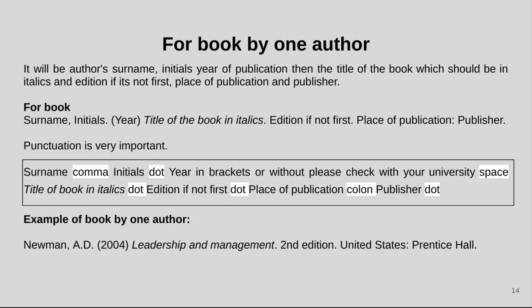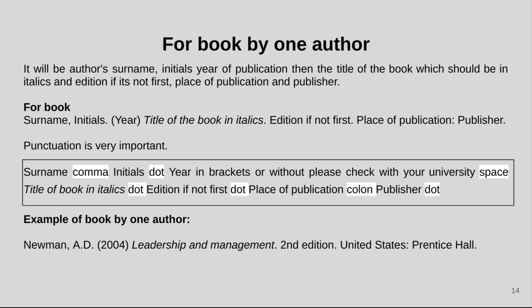It will be the author's surname, initials, year of publication, then the title of the book, which should be in italics, and edition if it's not first, place of publication and publisher. Punctuation is very important. So it will be surname, comma, initials, dot, year in brackets or without. Please check with your university. Space, title of book in italics, dot, edition if not first, dot, place of publication,